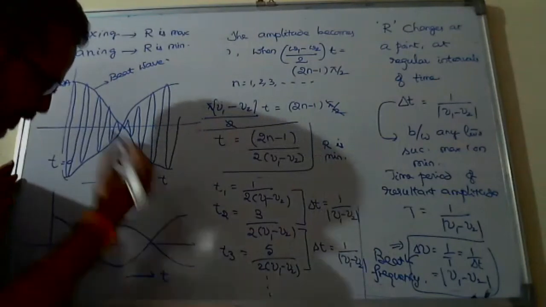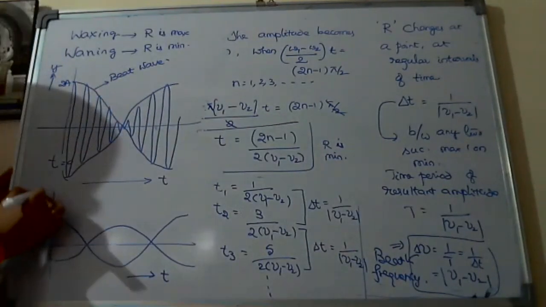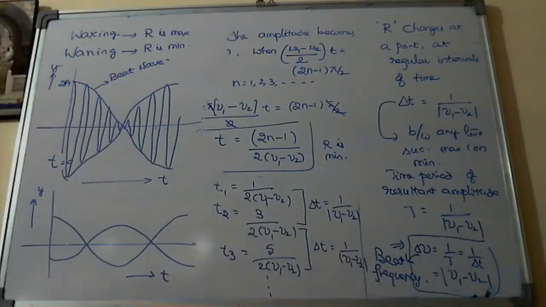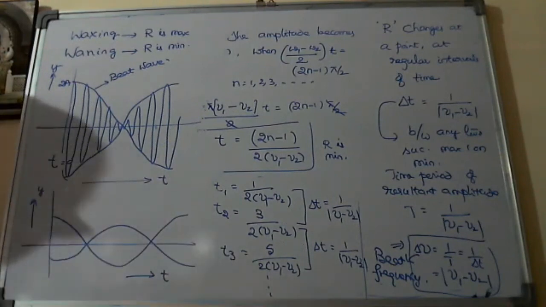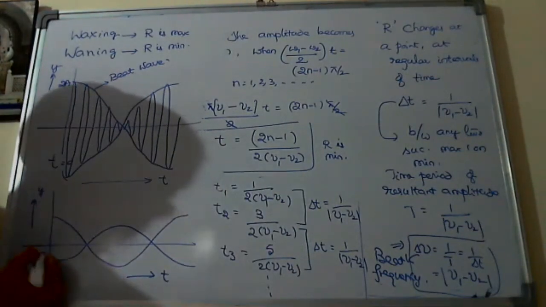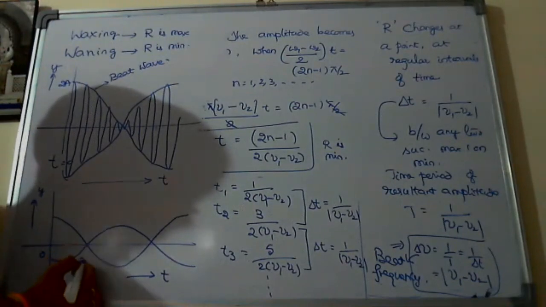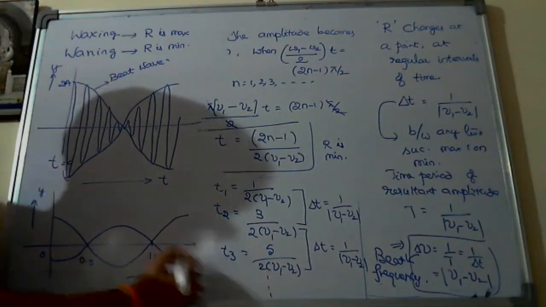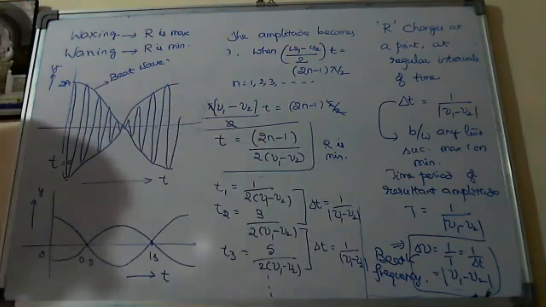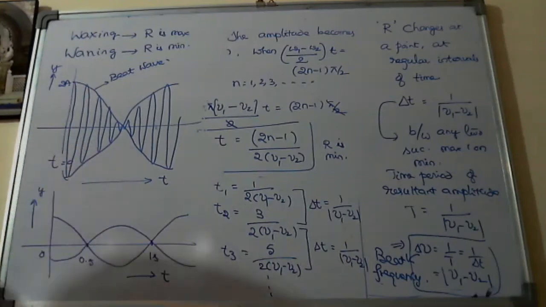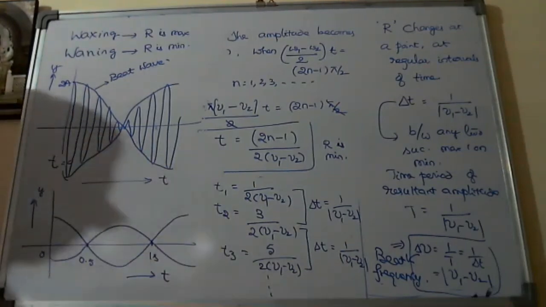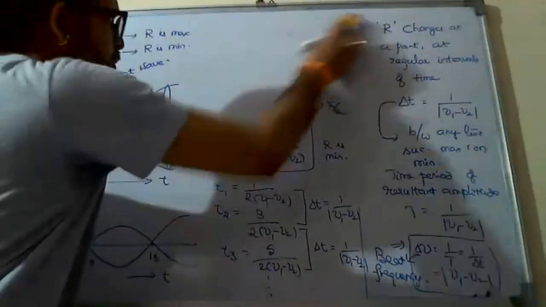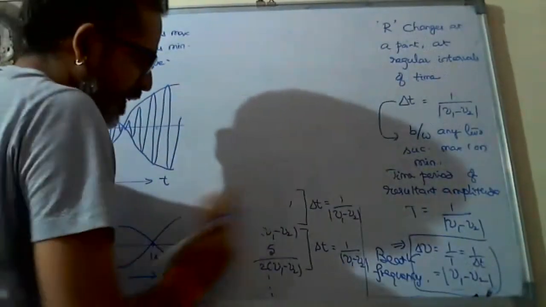Suppose here we have time, just in one graph. Last but not least, I'm going to wind up today. In this graph, the times are marked: here 0, suppose this is 0.5 seconds, this is 1 second, and if you continue, 2 seconds. Without giving any values of nu1 and nu2, just from the graph, if he asks what will be the beat frequency?